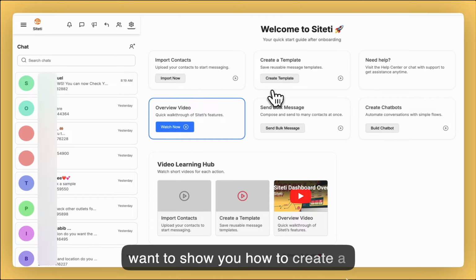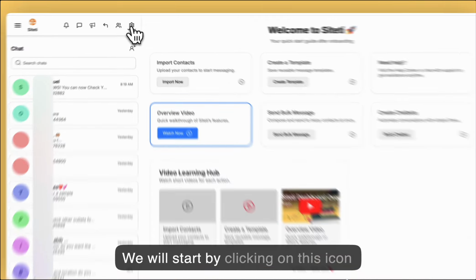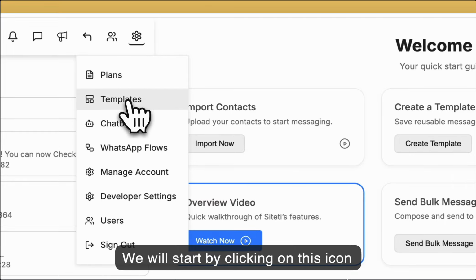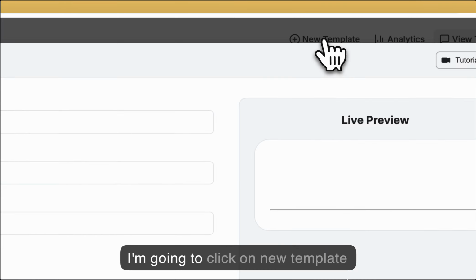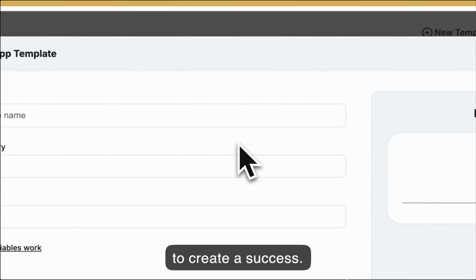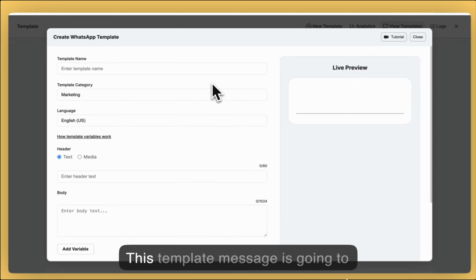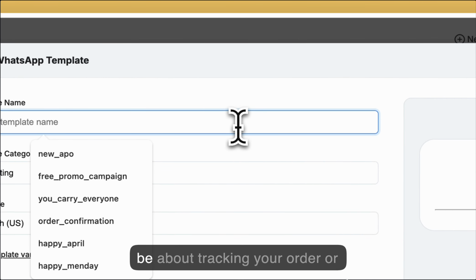I want to show you how to create a new template message. We will start by clicking on this icon and clicking on templates. And I'm going to click on new template to create a new one. So this template message is going to be about tracking your order, or let's say order confirmation. Let's give it tracking